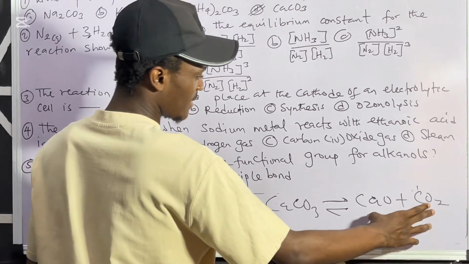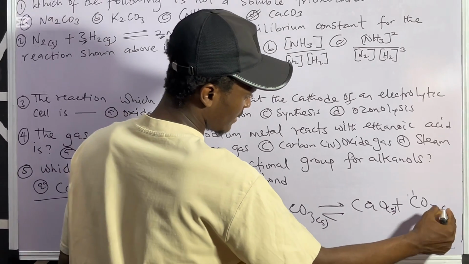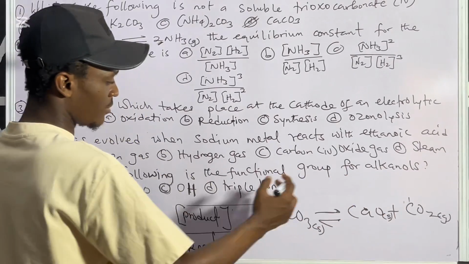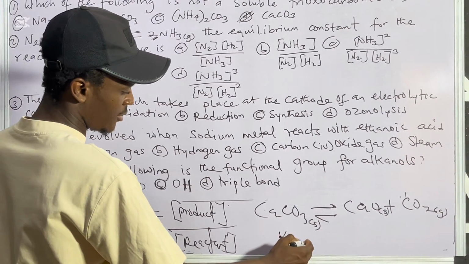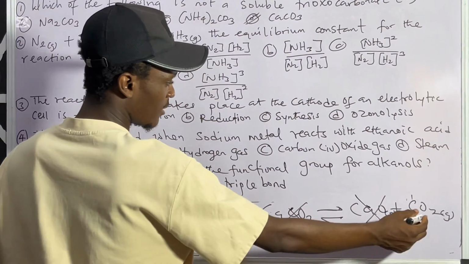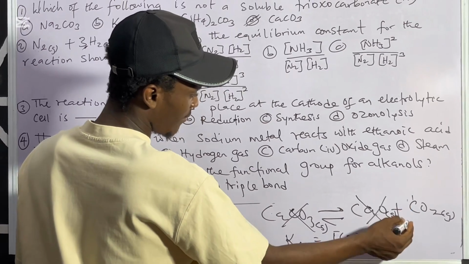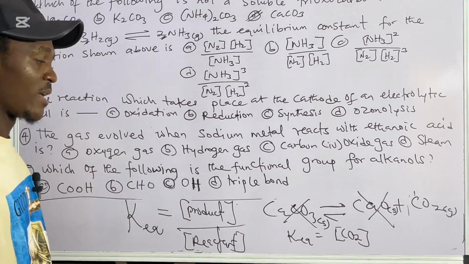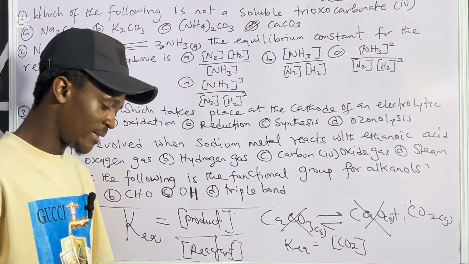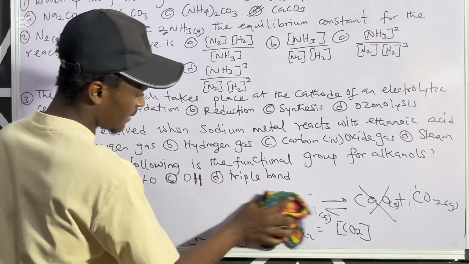Now, this one is now seen to be the product. Of course, this is solid, and this is gas. So in this case, remember I said that the product over the reactant, that should be KEQ is equal to, now, solid will not appear. These two solids are out. So we are left with what? This guy, which is CO2. Then we don't have anything there, so you just write it like that. So that's how you go about it. So you don't actually make solids appear in equilibrium constant. So it's that easy.